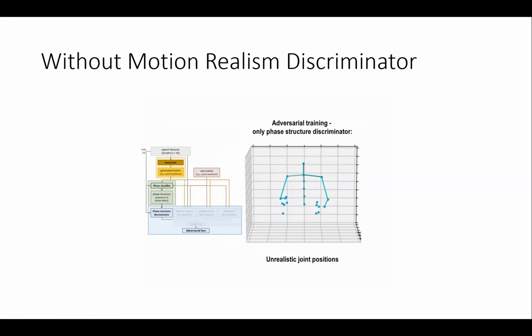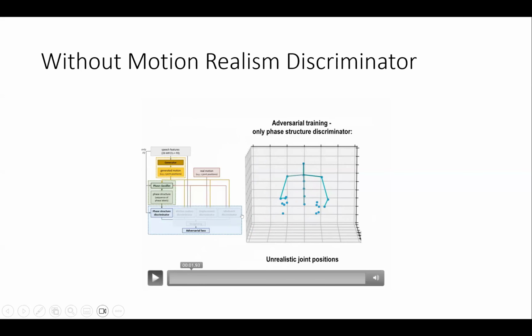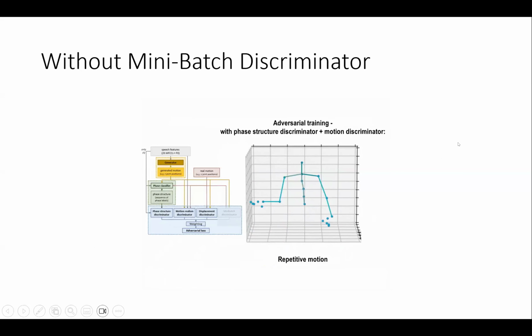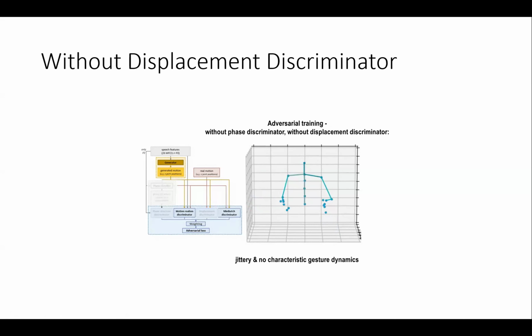And then this is just kind of looking at if we leave out different discriminators. At this point, we were using position data. The motion realism discriminator enforces a length constraint. If we leave that out, you get just kind of nonsense. If you leave out mini batch, it just finds the solution it likes and keeps doing it, right? So it's just going to keep kind of playing in this one space, and so you don't get much divergence in your data.